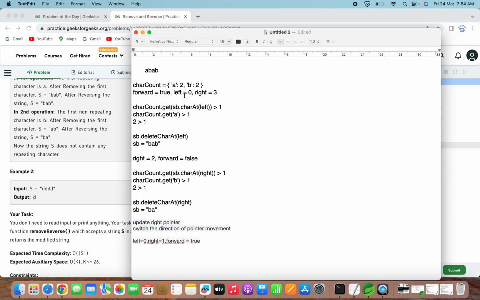So A is 2 here and B is 2 here. Initially we will point left to 0 and right to 3. That means we are maintaining 2 pointers here, and forward will be true. So now we will check. Since forward is true, we will check with the left pointer. We will check if the char count dot get of this string dot charAt of left